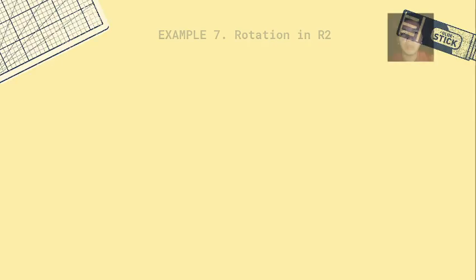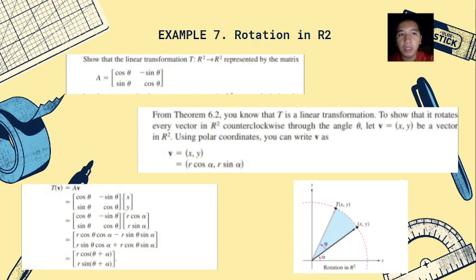For this example, show that the linear transformation T from R squared to R squared represented by the matrix has the property that it rotates every vector in R squared counterclockwise about the origin through the angle θ. So for the solution, you know that T is the linear transformation. To show that it rotates every vector in R squared counterclockwise through the angle θ,